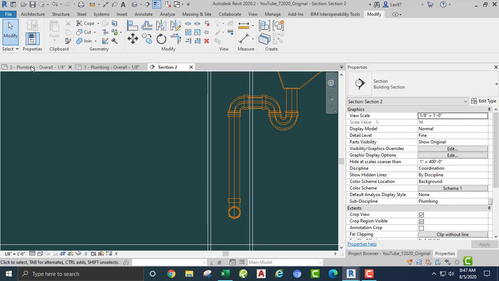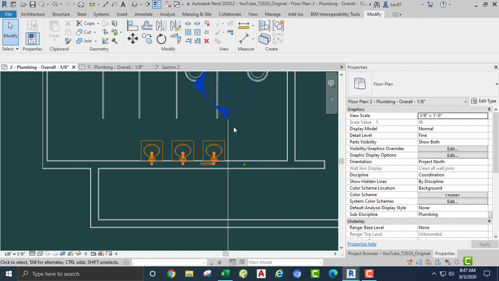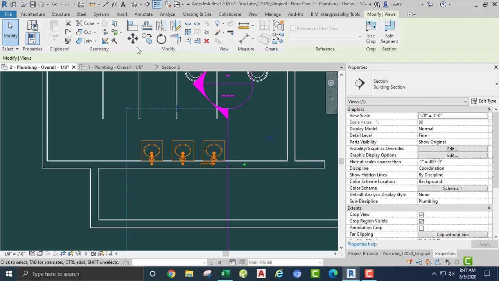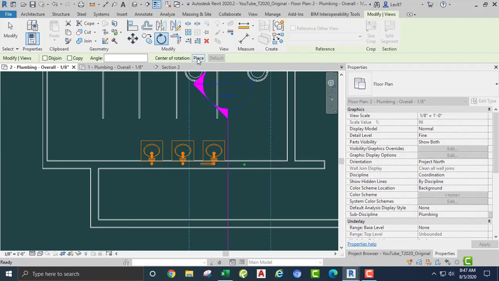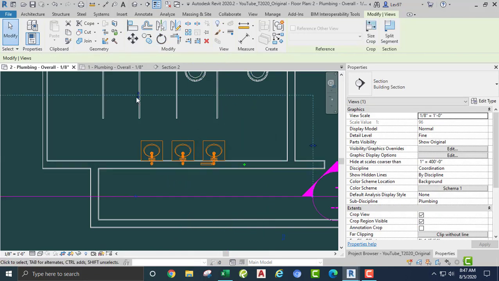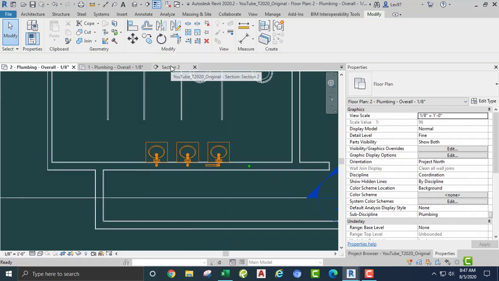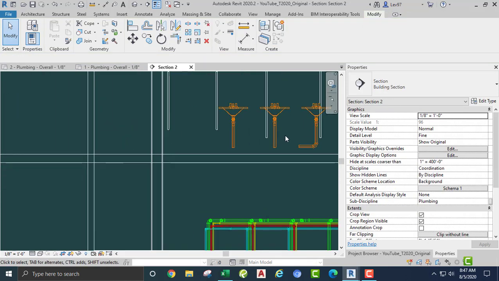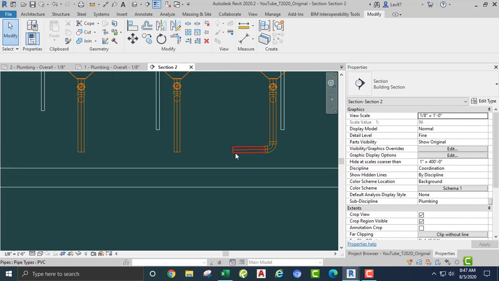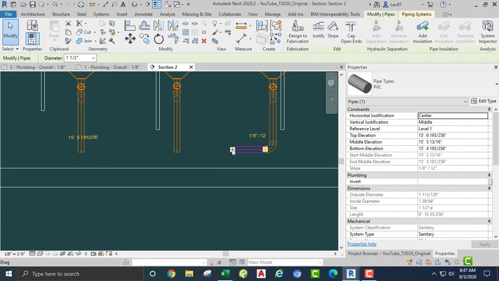Okay, now let's go back. Try this again. Clockwise rotation, 90. Okay, and I don't know, I can look at it like that. That's fine. Okay, so now that we got that, I'm gonna